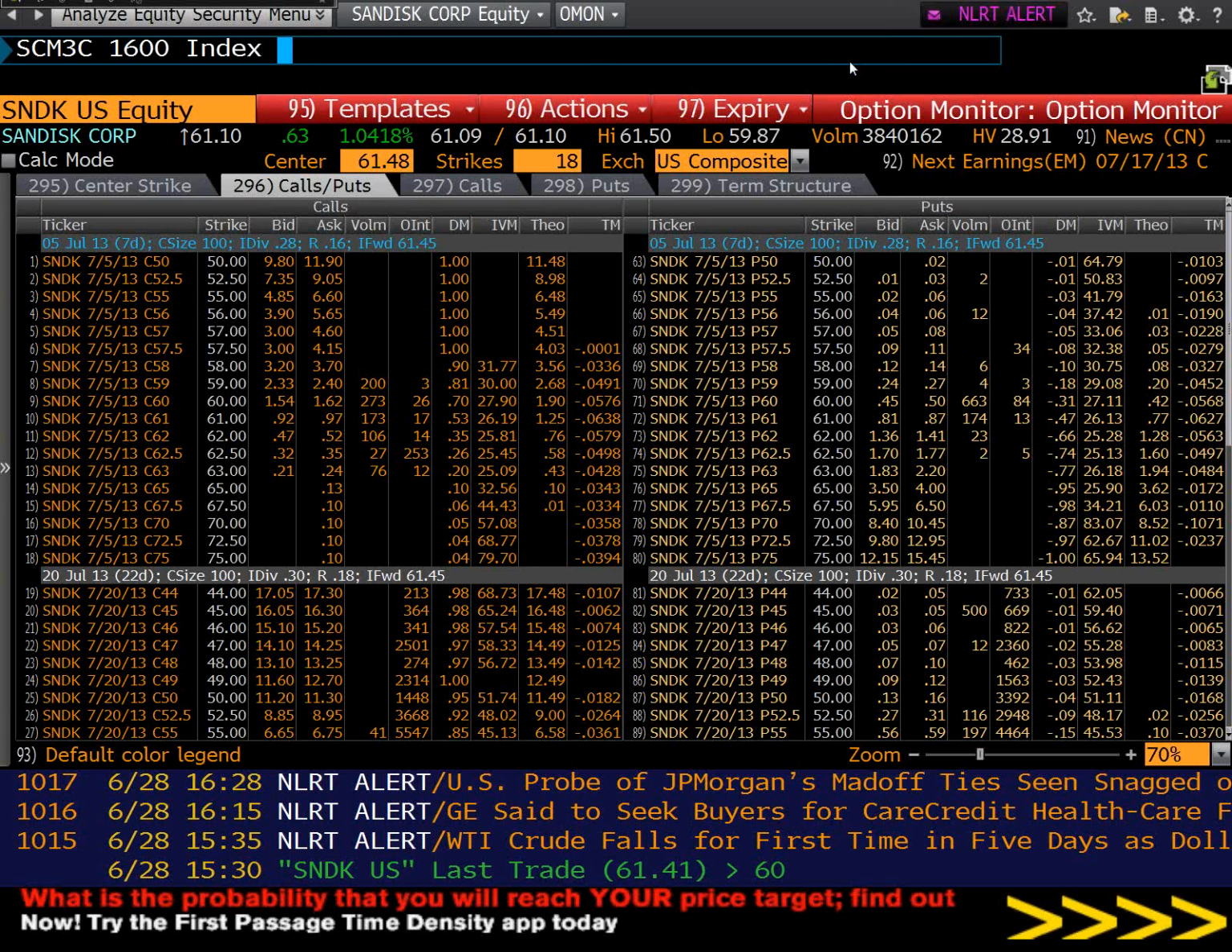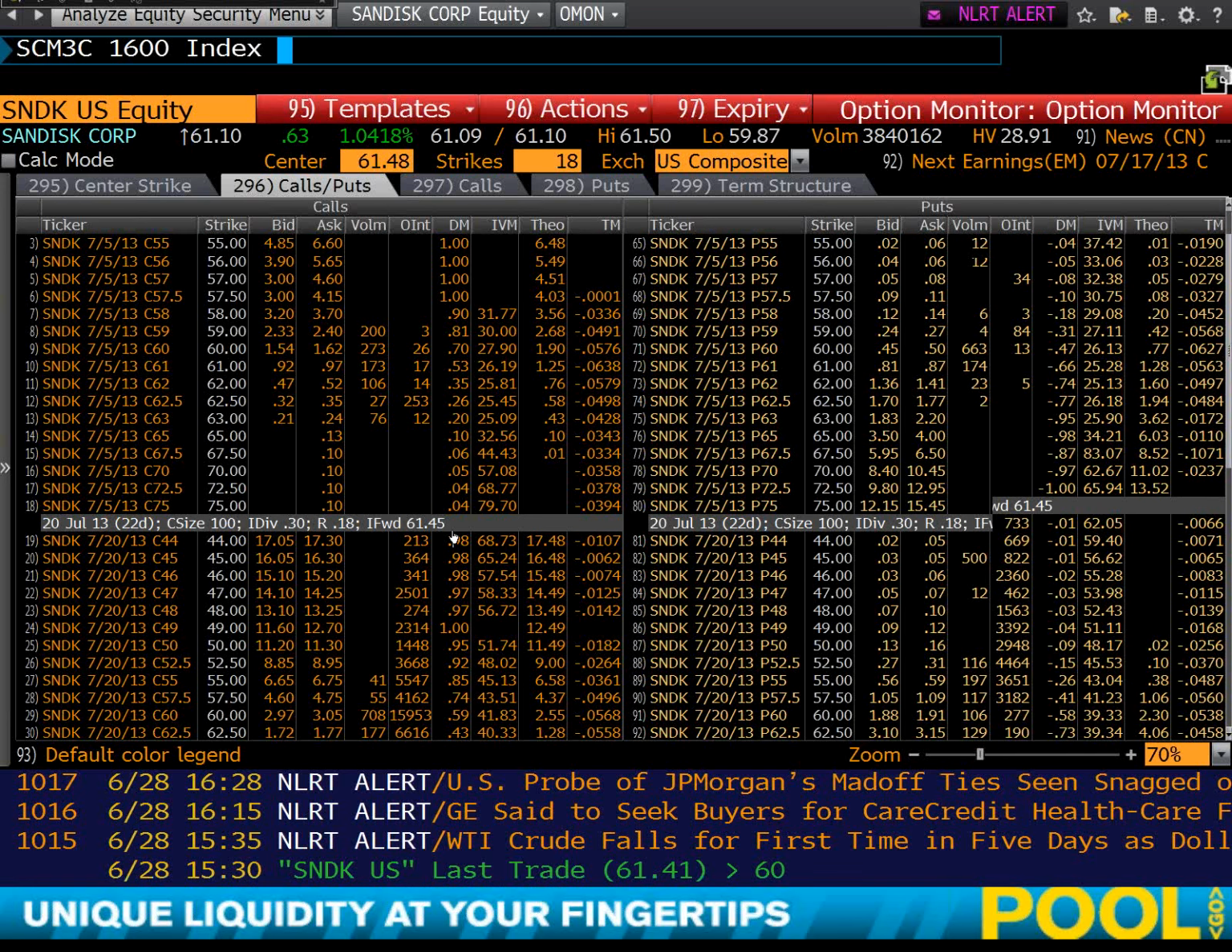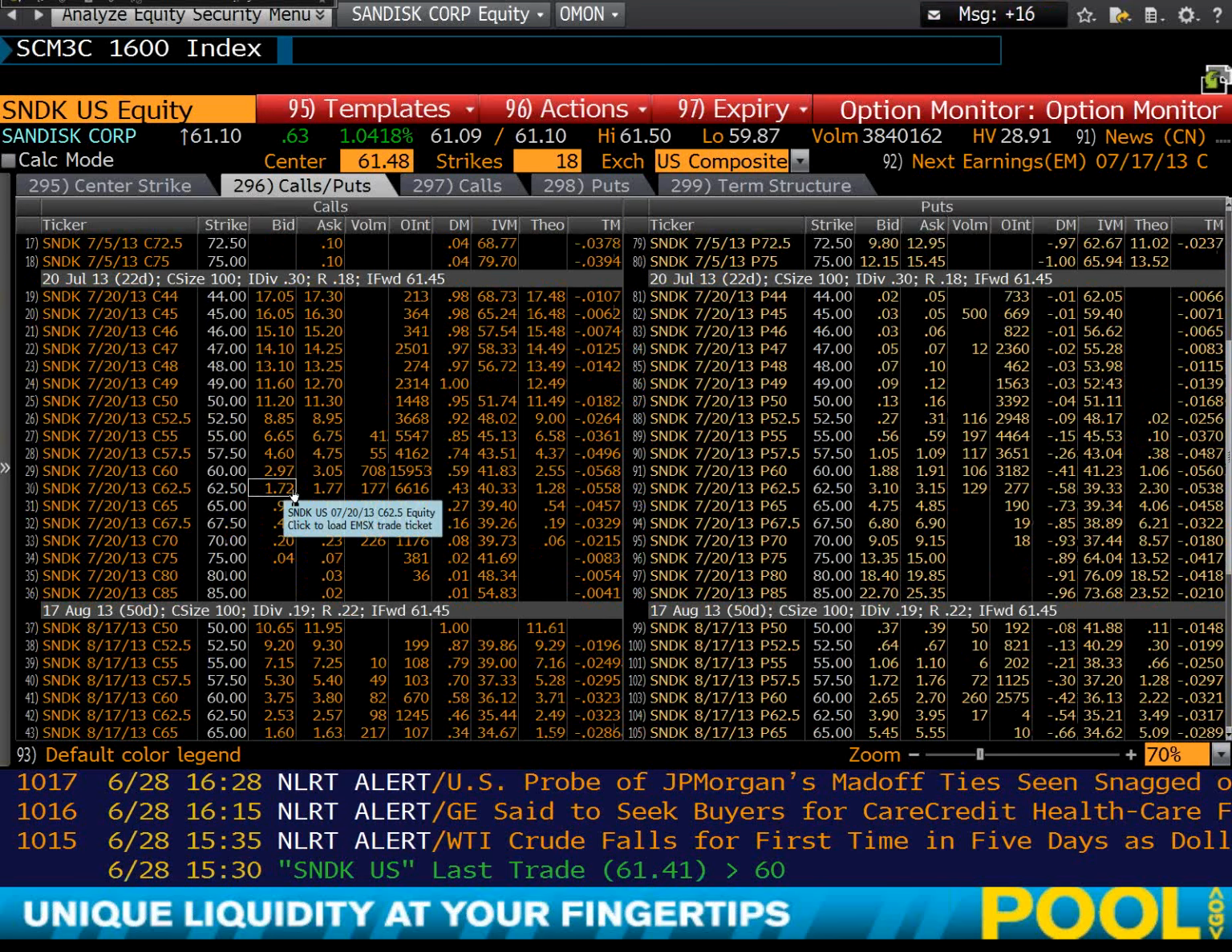Now, the implied volatility that you can find on many data feeds, and you can see a column here on the Bloomberg under IVM, is reflected in percentage. Okay, so we're looking at the SanDisk. These are the weeklies. Let's just go to the monthlies. So the monthly 62.5 calls for SanDisk are trading at a 40.3% volatility. Now, what does that mean? What does that percentage mean? That percentage reflects